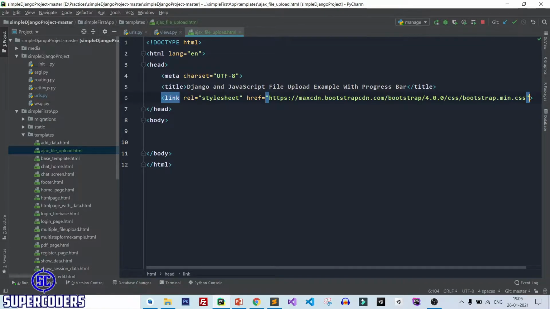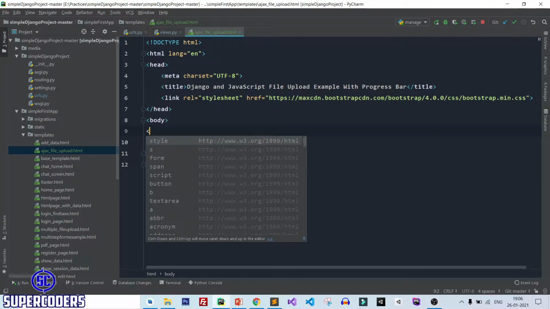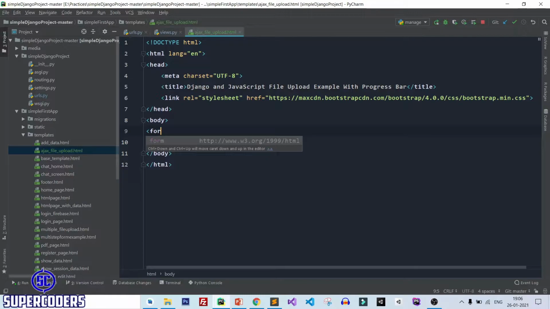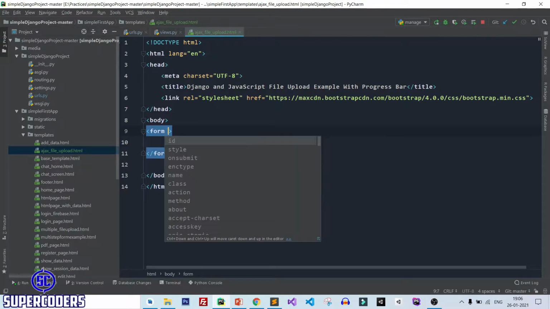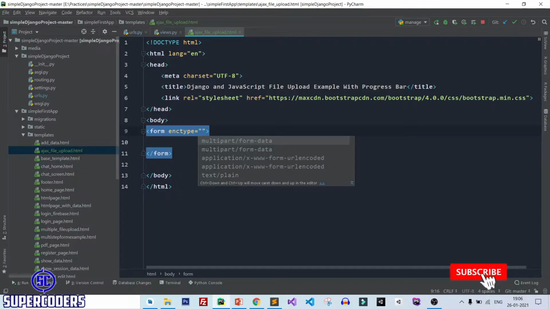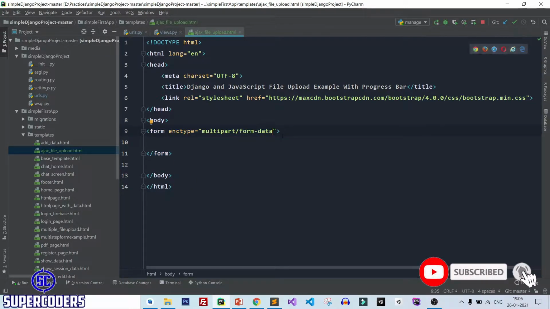So here I added only bootstrap CSS. Now after that let's work on our body. So first let's create a div or let's create a form. After that enctype multipart form data. So when you are uploading a file you must add this.